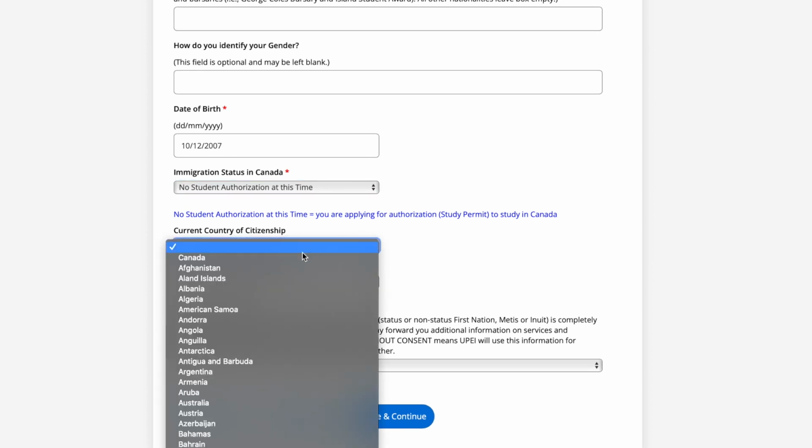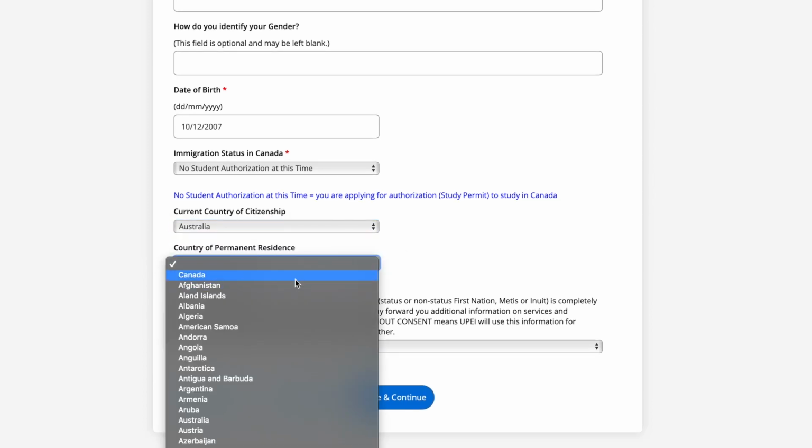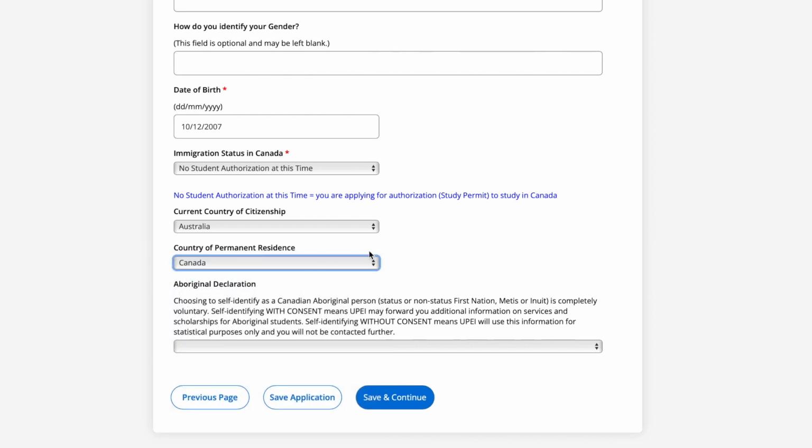And then you can click on your current country of residence. I will just pick a random one for now, and your country of permanent residence. You can also choose to